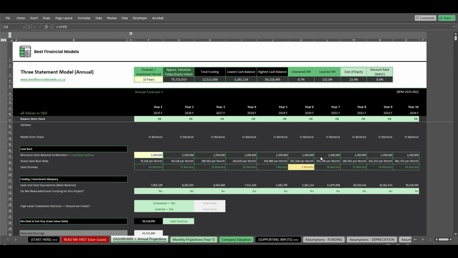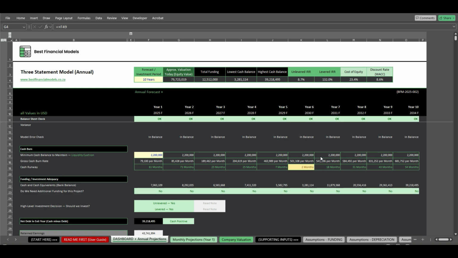Also, if you purchase this model, you'll receive a pre-populated mock scenario which is included, and it will help you to explore the model's functionality immediately. So you can just replace the mock data with your own business specific details and start customizing the forecasts yourself. Also, as part of the purchase, you'll get a blank version of this model if you wanted to start with the forecast immediately. So even those users with very basic Excel knowledge can confidently navigate this model and leverage